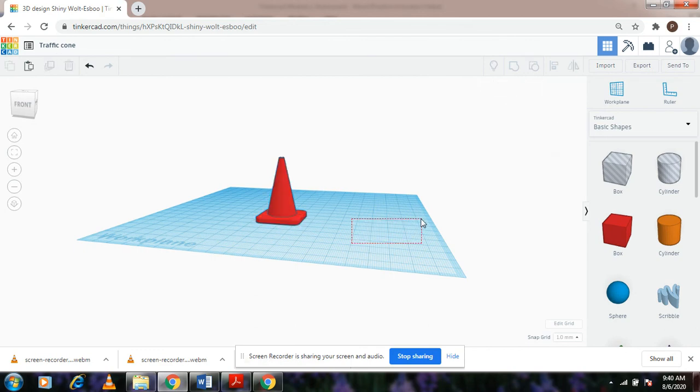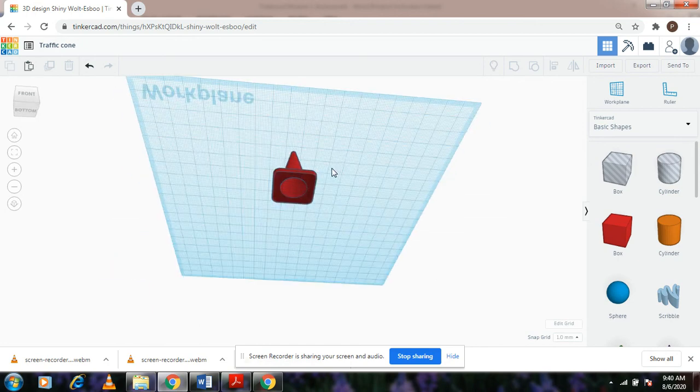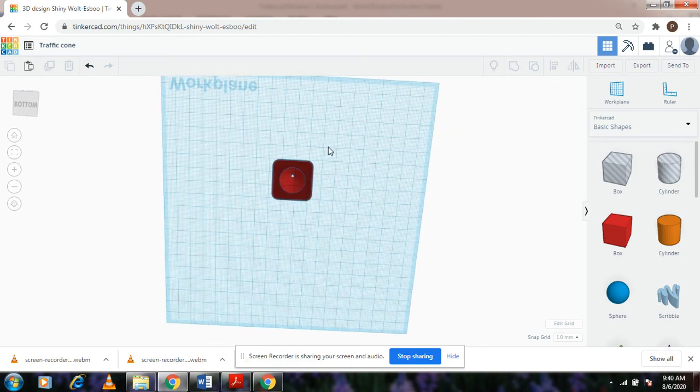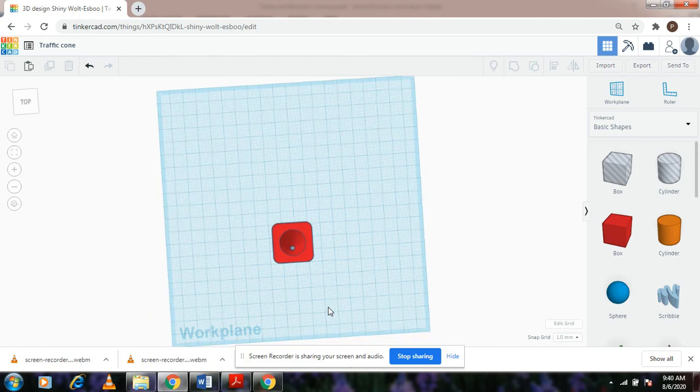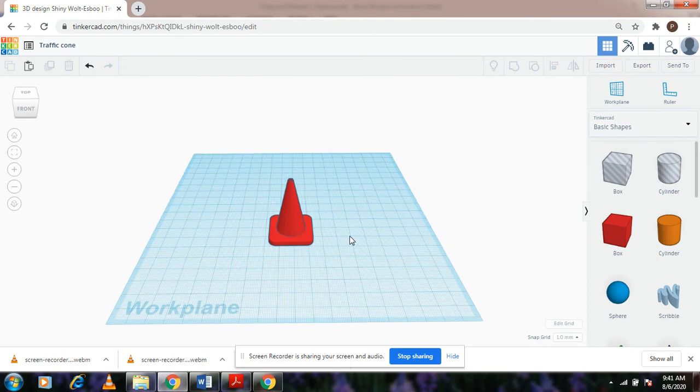Okay, there it's ready. So you can now have a look at it from the bottom, and you'll be able to see that there's a small opening like this. So with this, we have a traffic cone ready. For the color variants that are present on the traffic cone, that is a combination of orange and white, you can always use different kinds of filament, as and when you'll be printing it on a 3D printer. So that is what the design is, and for the color variation to be present, you just need to use a different colored filament for it.